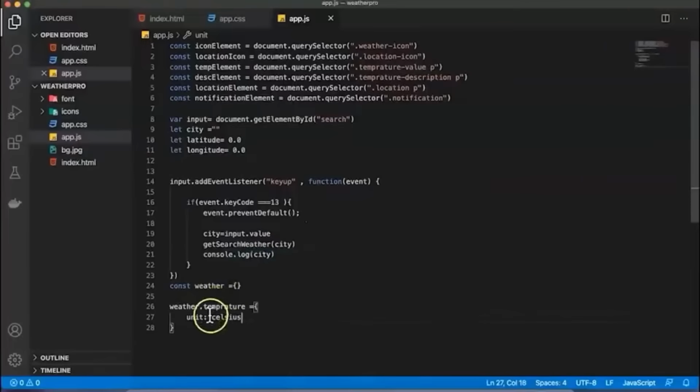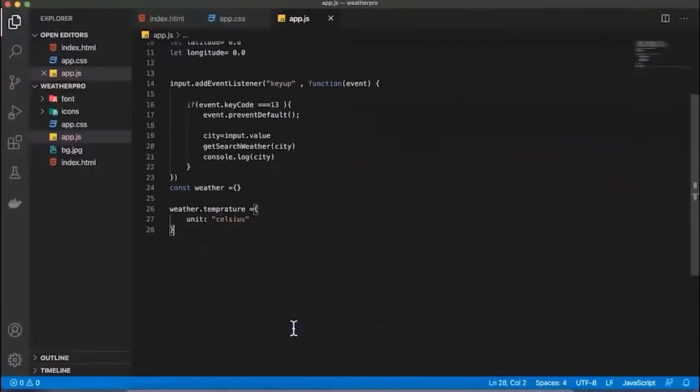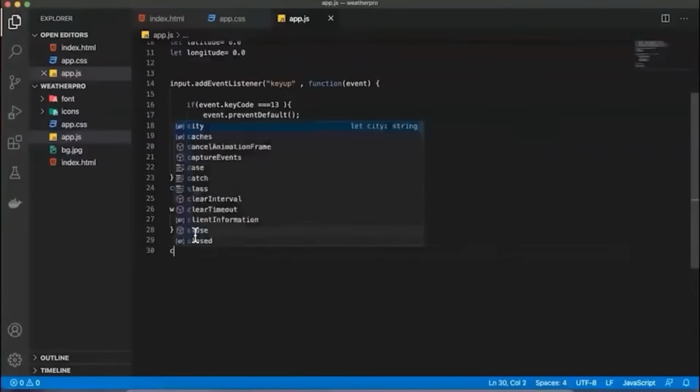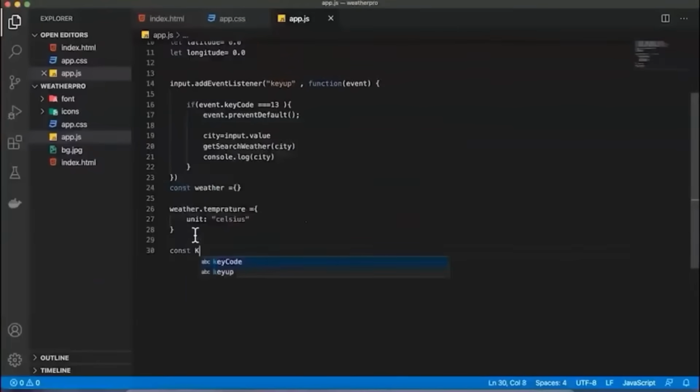I want it in Celsius. Put it in double quotes. Okay, so the next statement will be getting the details in Kelvin. I'm saying const Kelvin equal to, the value of the Kelvin is what? 273. And after that